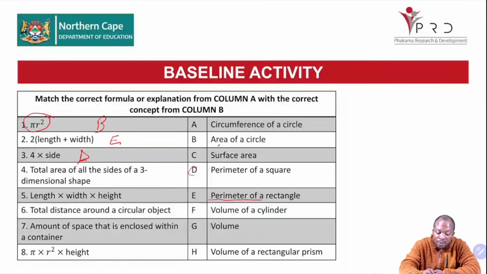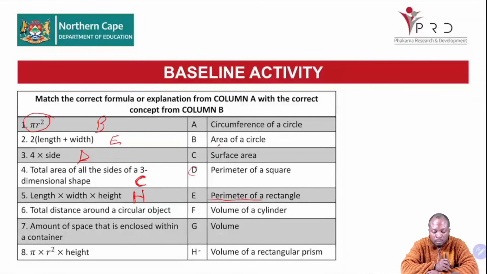How about the next one? Whenever they say the total area of all the sides, total area, it means we are talking of what? Surface area. So in our case here, number 4, our answer is C. What do you think will be for number 5? Can you see we have length times width times height? It means we are looking for volume. It's a 3D object, isn't it? But since it has got length, width, and height, what kind of volume? Is it volume of a rectangle or volume of a circle or a cylinder? What are we talking about here? So we are talking of volume of a rectangular prism. So here our answer is